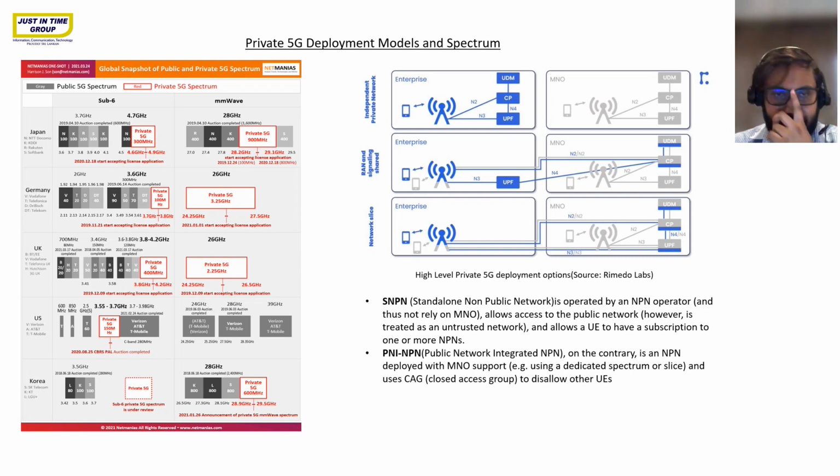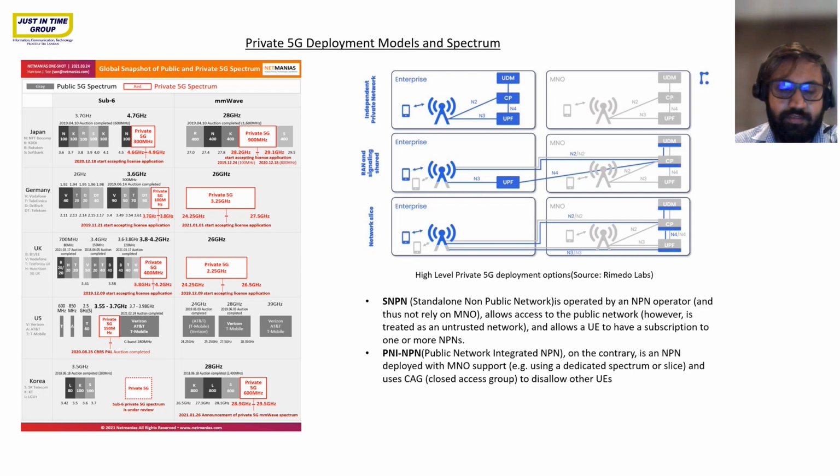The other deployment is providing private 5G with network slicing, and in this geography, from a capex perspective, this is the most cost effective to go for. That means you will take a 5G network slice from the operator, and then you will deploy a private network. You don't have to invest in a 5G core network, a small 5G core network, or other equipment. So there are a couple of options, and on the left side you can see where we are right now in private 5G. This is 2021